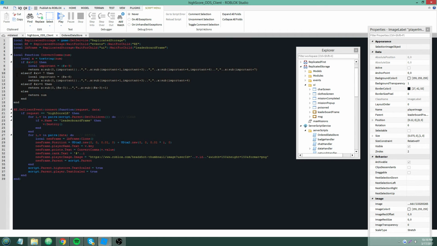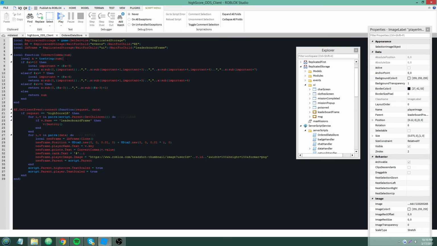So I have this function here to convert. It's called convert comma. You pass it a number, and it defines a local x equals toString number.